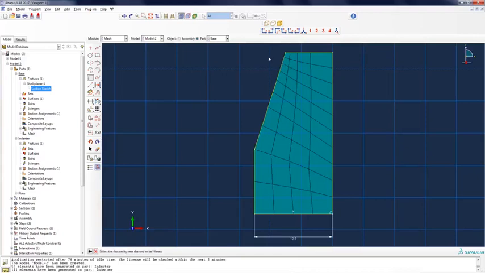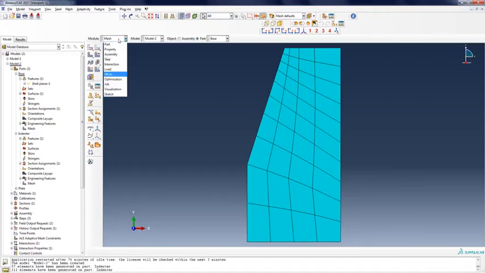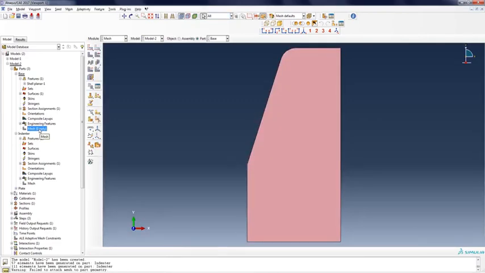Again, radius 2. Click here, here. Now we have the radius defined. Done. We need to regenerate the feature. Go to part, and the feature we click regenerate, and now we have our newly defined geometry. Of course, now we need to remesh it.